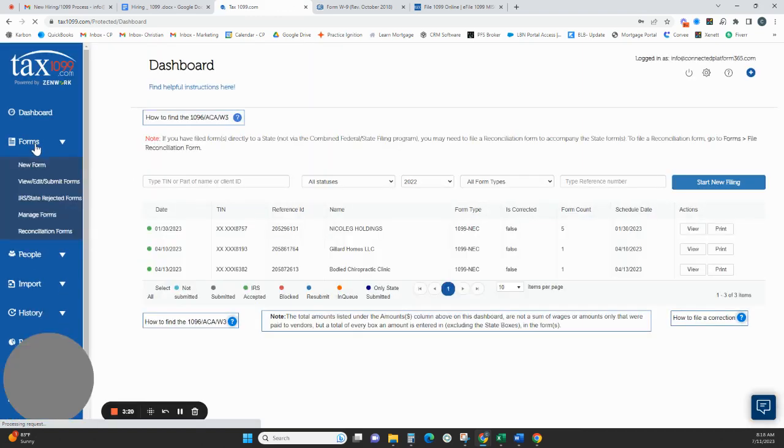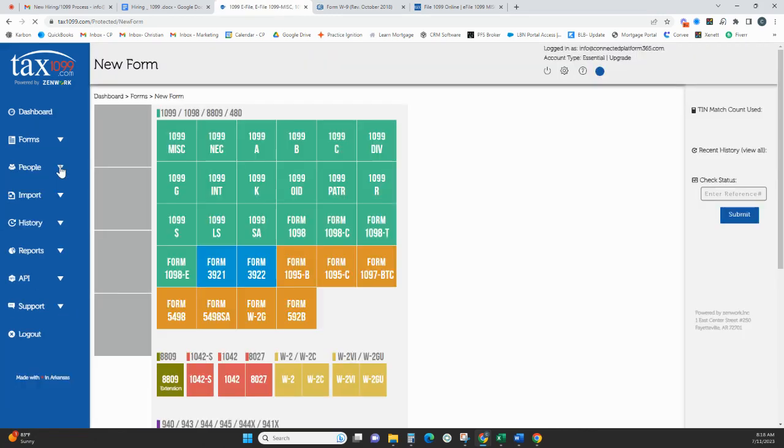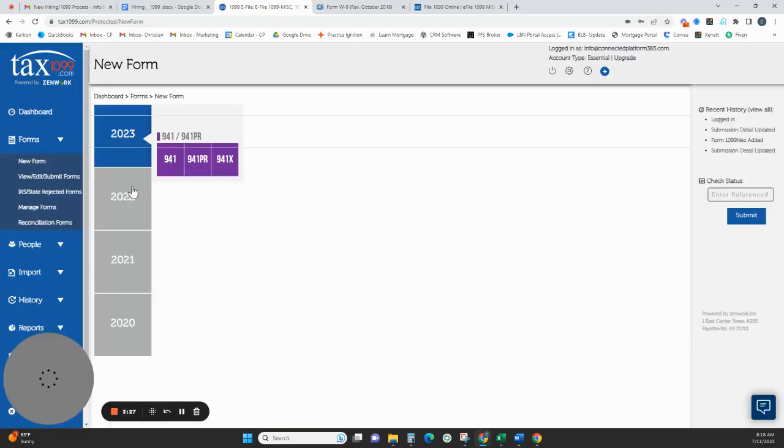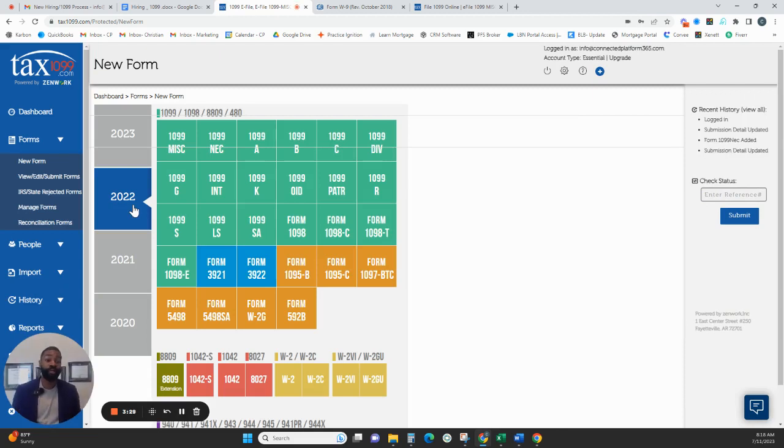You go to forms. You go to new forms. And then for the year that you're filing your 1099s, you will go to 1099 NEC, right? If you're doing a 1099 for your 1099 employee or 1099 contractor that you pay $600 or more to. Once you do that,